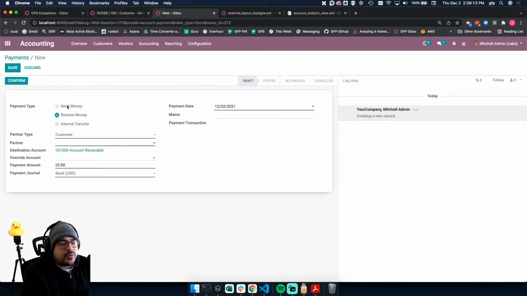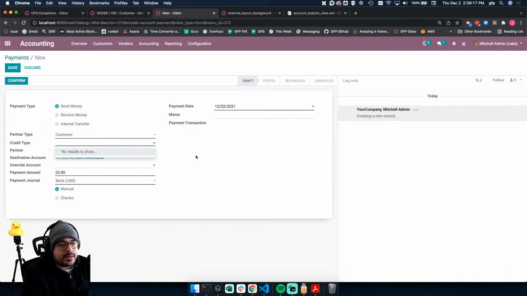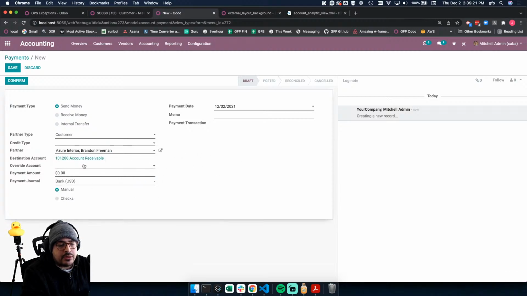Because the problem is we need to do send money, customer, credit type, and then we need to put, for example, something like that. So basically we want to open this screen with these presets, payment amount, that kind of scenario, and so forth. So what we're going to go ahead and do